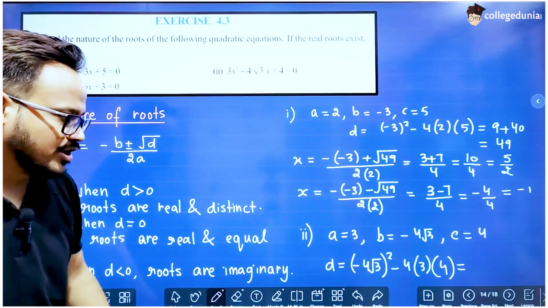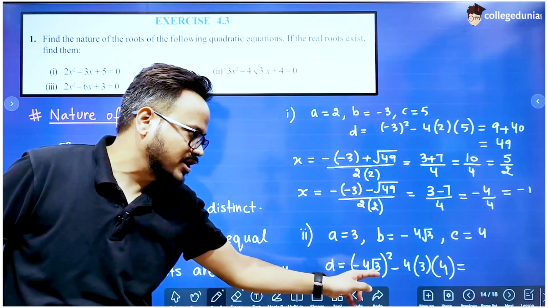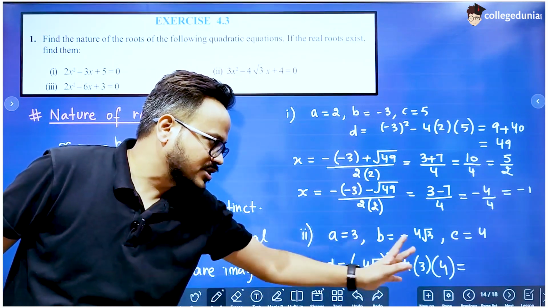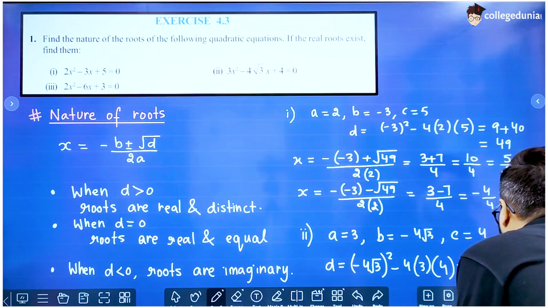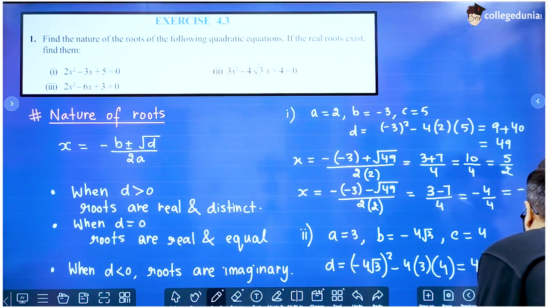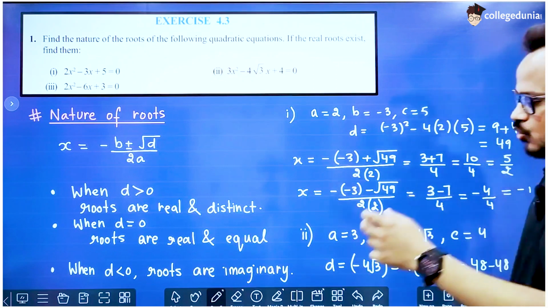Minus 4 root 3 whole square is 16 into 3, 48, and 4 into 3 into 4 is 48. So this is 48 minus 48, and 48 minus 48 is what? 0. So this equation has